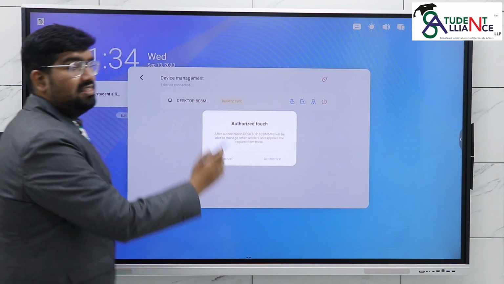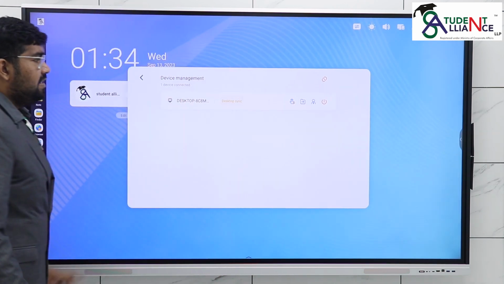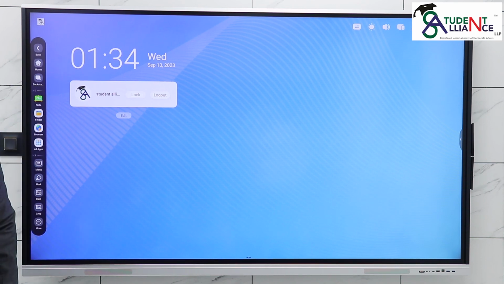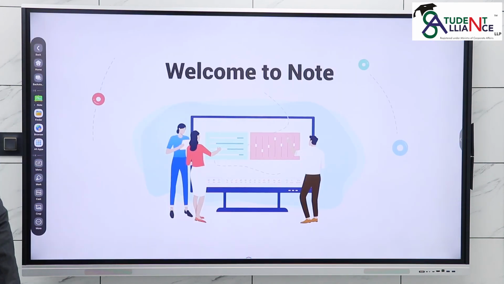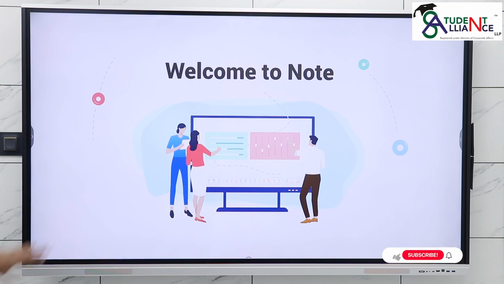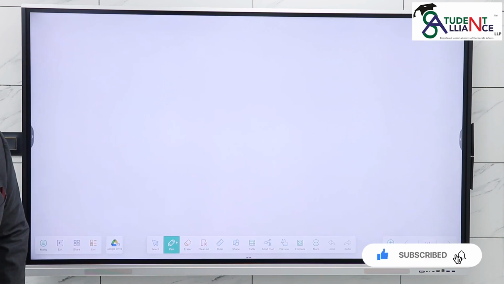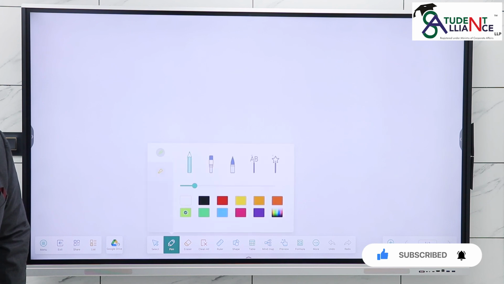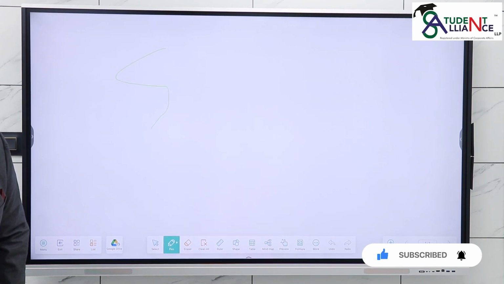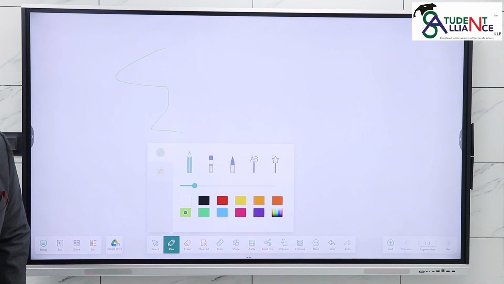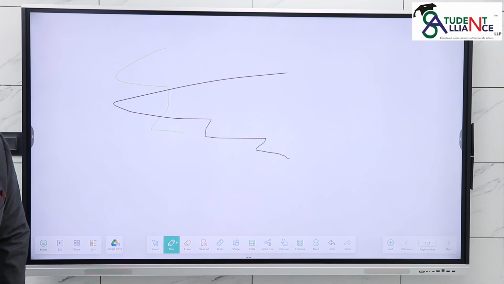just make sure your touch authorization is on, authorize it, and from the laptop you can open your application directly. So if you see, I'm not touching here, but still I'm able to control. In case I want to use a pencil, I want to write something, I want to change the color. You see, the simulation is quite faster, and I'll be able to erase or do any of the operations using